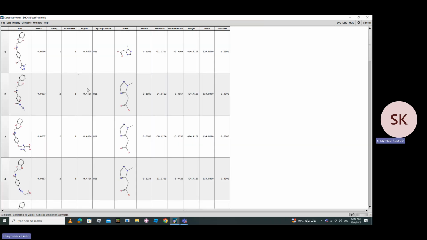It's still accessible to resynthesize. Since these fragments are commercially available, you can insert this group to the original ligand in a very fast and easy way. If you already are working on this ligand and you synthesized it,